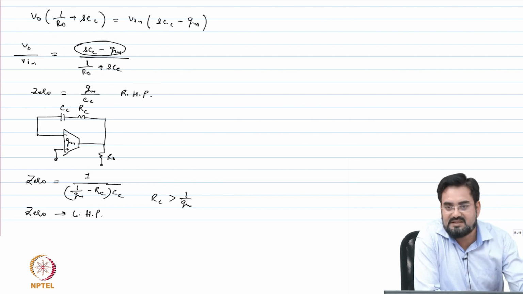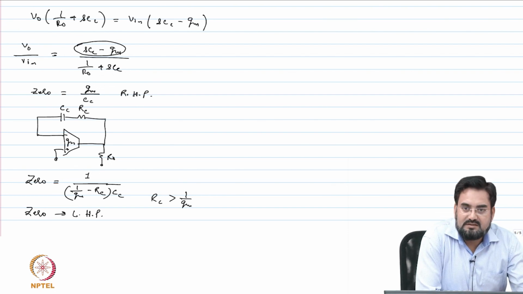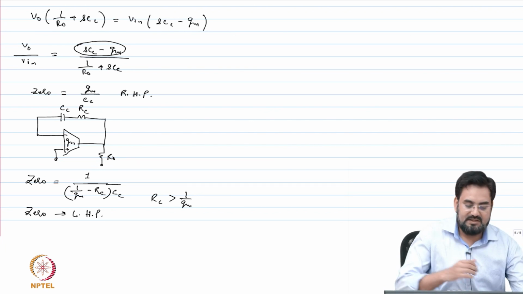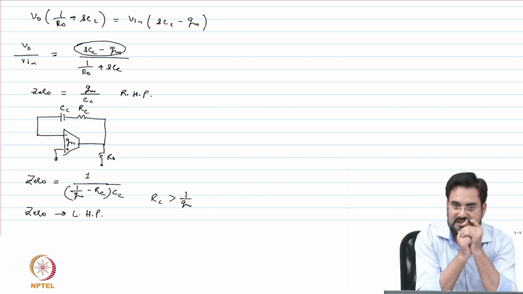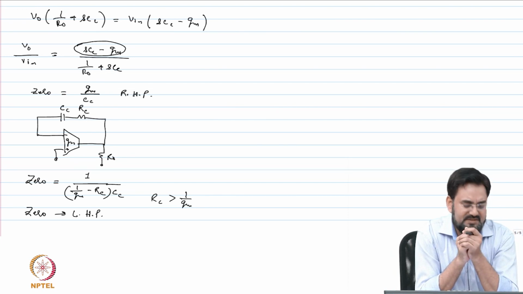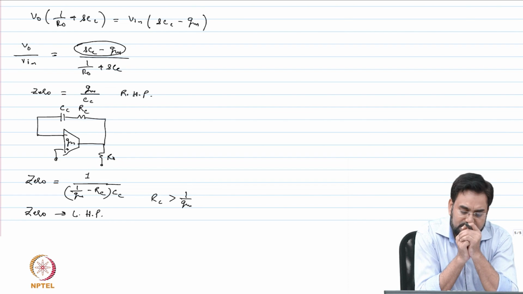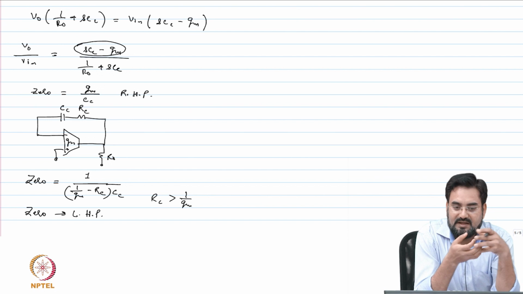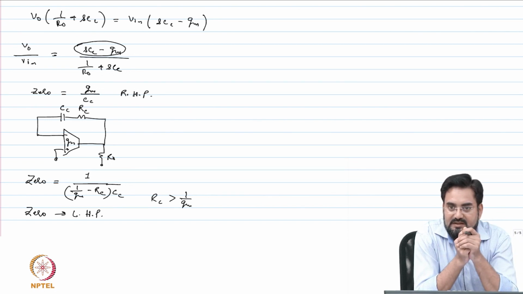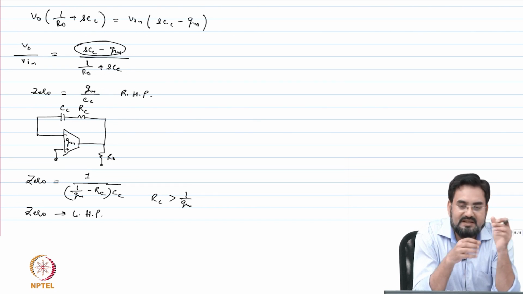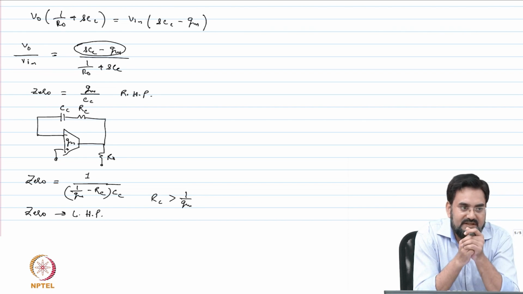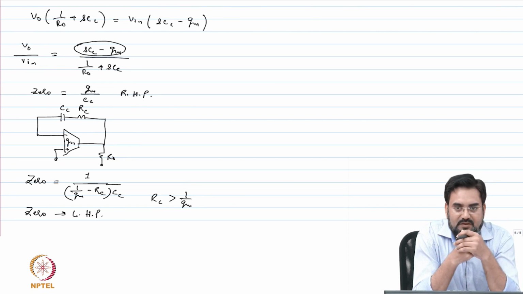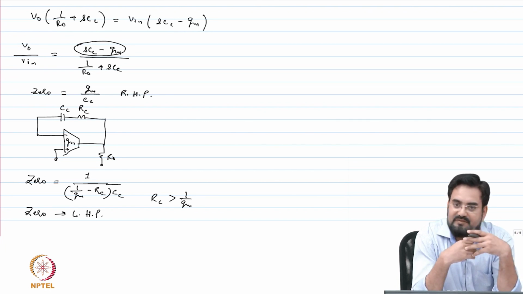So, using this series resistor, you can either cancel the 0 by matching your 1 over GM with RC, but usually it is very difficult to match them, because GM is coming from your MOSFET and resistor is a different component. So, difficult to match, but if you implement this R using MOSFET, then you can track them. Okay. Up to some extent you can track them, but it is very hard to perfectly cancel, that is what I am saying.